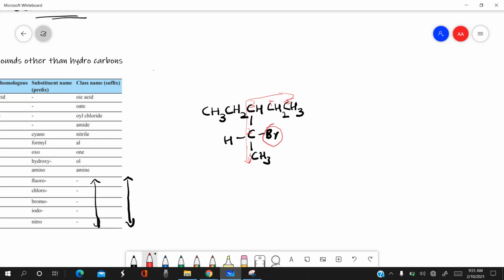This is bromo and it's attached to the second carbon, so 2 bromo. And this one is an ethyl group that's attached to the third carbon, so 3 ethyl. So when writing, you have to remember that you have to write it in the alphabetical order. So B comes before E, the alphabet. So 2 bromo, 3 ethyl, and there are 5 carbons in the main chain. So pen,